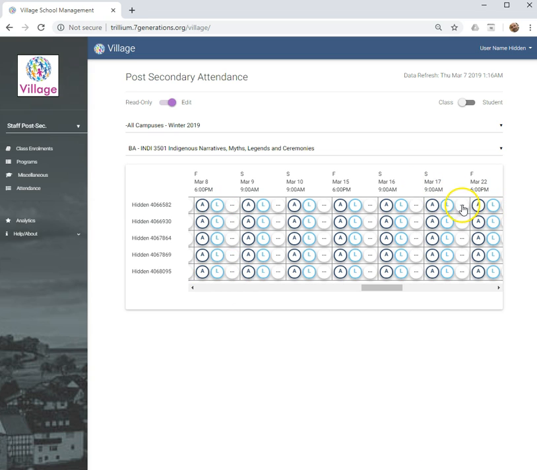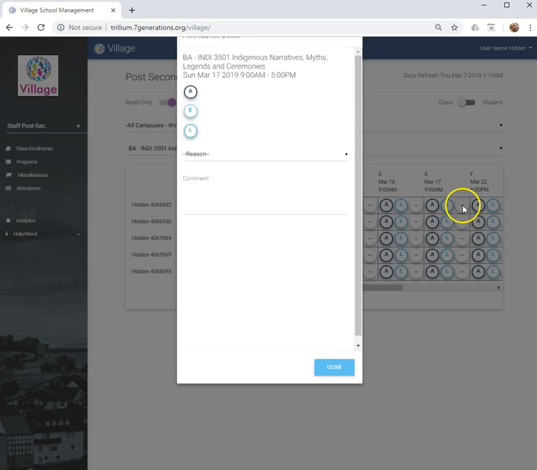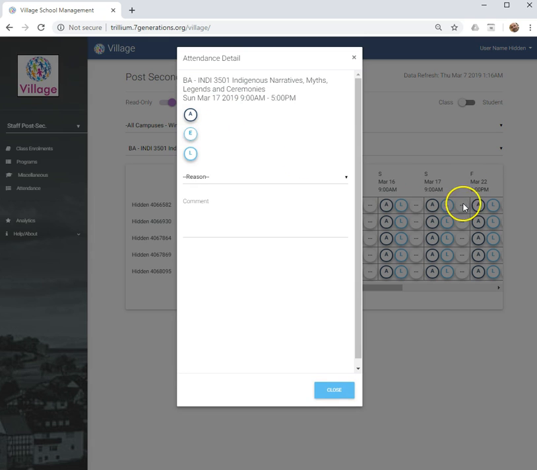I'm going to use one of these days over here, and I want to go to the more. The reason I'm using it here is because when I'm working on this screen, you can see the effect over here. So, for example, this student now, normally you'd have a student name up here. This class runs from 9 a.m. to 5 p.m., but it's on a Sunday. It's not today. So, on the absence, it does the same thing, saves the absence on the main screen. If I click on the excused, it saves it as in the absent area, but marks it as E for excused. And if I switch to late, I have the option of including the time that the student